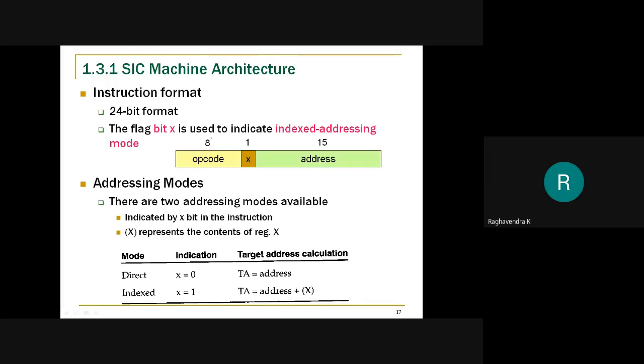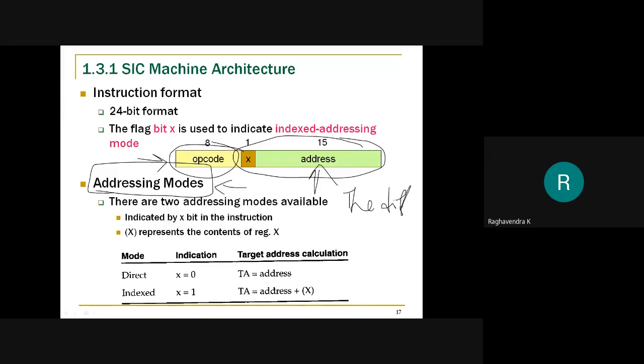Once the instruction format is known, as I mentioned, you are supposed to specify the address. In every instruction format, you are supposed to specify the address along with the opcode. So in what ways can you specify the address of the operand? That basically makes up the addressing. I think you might be familiar with this definition of addressing mode: the different ways in which an address of the operand can be specified in an instruction.